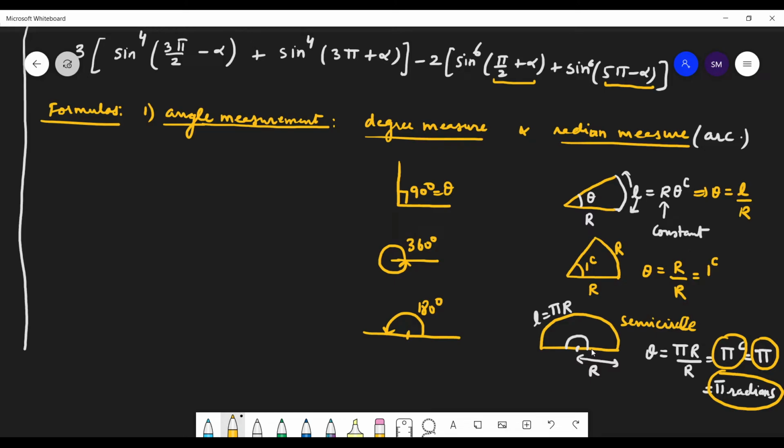Cos is negative and tan is sine upon cos. So cos is negative, so tan will also be negative. So what about this? Here cos theta is negative. So values of cos are negative in this third quadrant, and values of sine are also negative. But tan theta is positive. So sine is negative, cos is negative, so negative upon negative, tan will be positive in this quadrant.